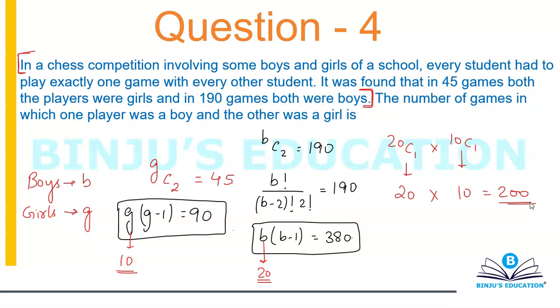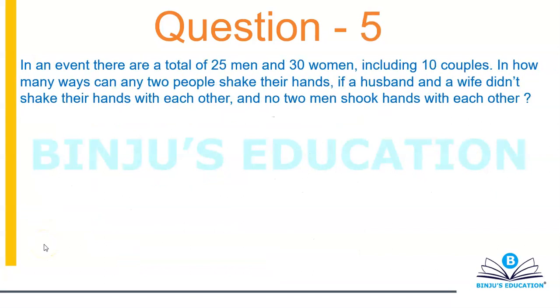Okay, so simply going step by step, that's it. It was a good question. Basically it was the other way around. Usually we find out the answer, but in this case the result of NCR was given to us, so we have to come the other way around. Alright, pause the video and try this question number 5.